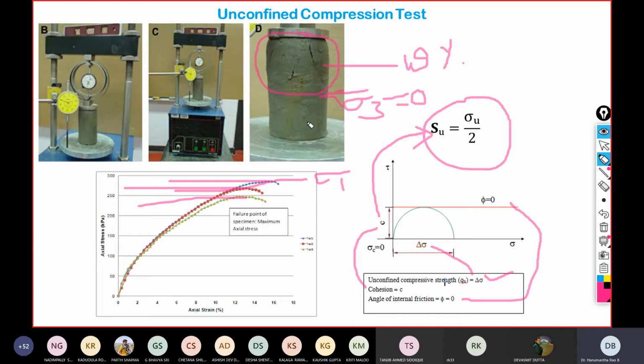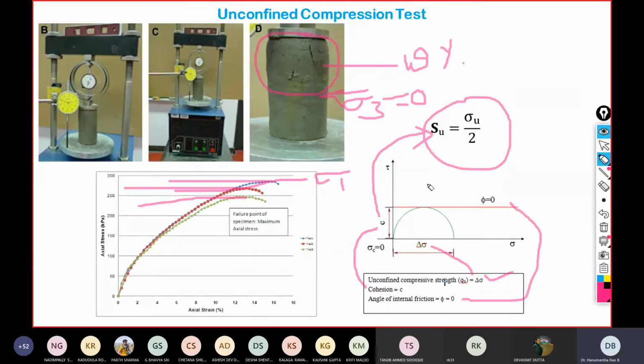Now here time bound means it develops over a period of 1 month, 2 months, 1 year, and so forth. But when you conduct any UCS test, we hardly require 5 or 6 minutes. In 5 minutes, the test will be completed. So do you expect any development of the pore water pressure within 5 minutes? No, sir. So that is the reason there will not be any development of pore water pressure. But still it is undrained. So you got the answer now? Okay, very good.